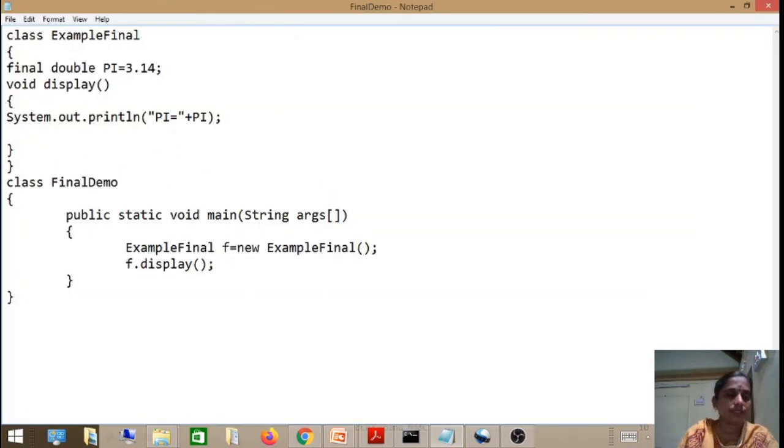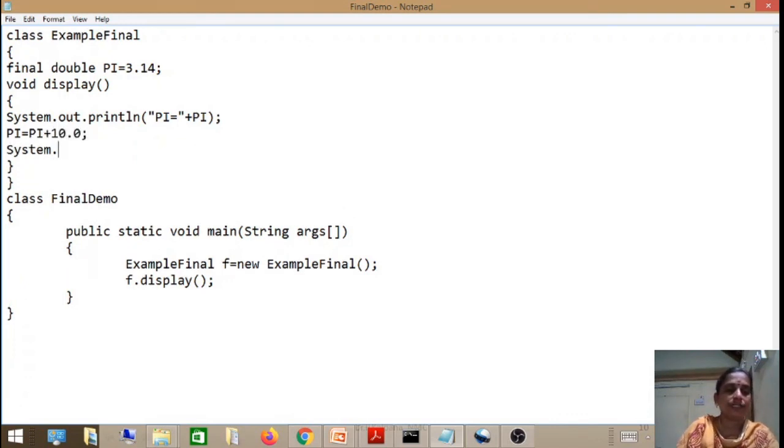See, look at this code. Now I am trying to change the value of pi by pi = pi + 10.0, and I am trying to print the resultant value by System.out.println of "pi = " plus pi. I am saving this code.